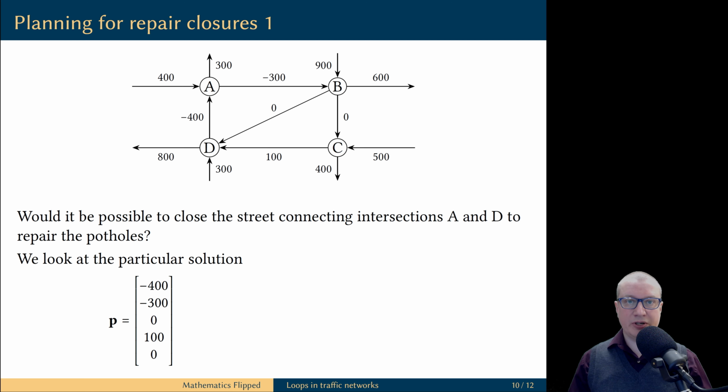Let's look at the particular solution vector P, which was obtained by assigning 0 values to both free variables. Yes, it is an impractical solution because it contains some negative flows, but we are going to modify it by including some loops. To close the one-way street that goes from node D to node A means to make the traffic flow along this street equal to 0. This requires adding the traffic rate of 400 to this branch.